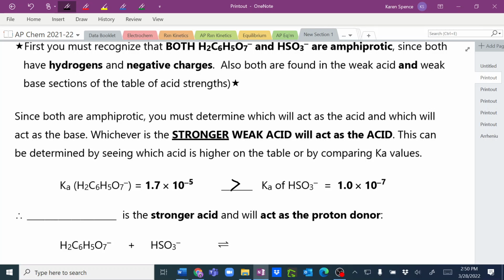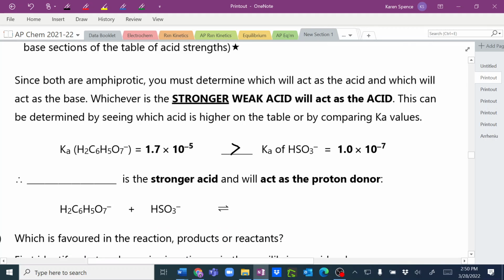Yes? So if it is bigger, then who's the stronger acid? H2C6H5O7 minus is the stronger acid. It will act as the proton donor, which means our proton is going from here to here. So who are our products? This guy has lost a proton, so we have HC6H5O7 2 minus,